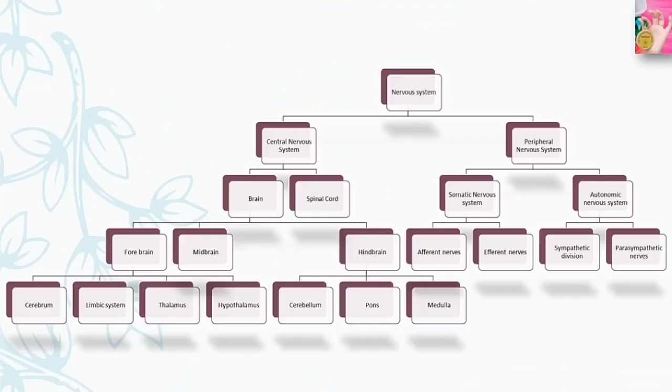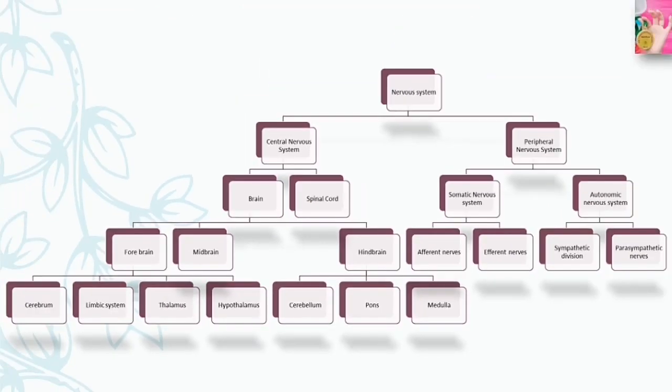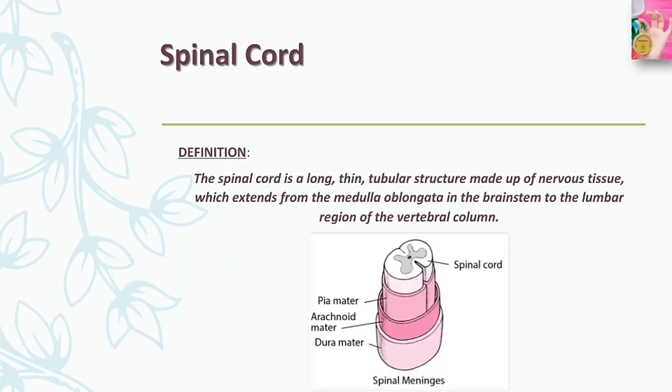Till now, in the chapter on the biological basis of behavior, we have discussed the nervous system and the peripheral nervous system part of the nervous system. We have successfully completed the brain part of the central nervous system, and now in this video we will be discussing the spinal cord. This video is going to be short compared to my previous videos, but the definition is a bit long. Okay, let's start with the spinal cord.